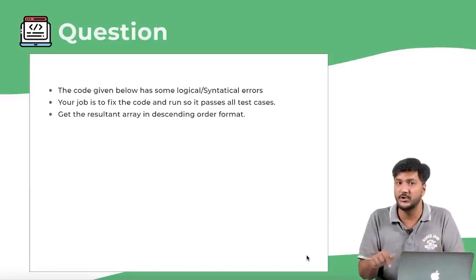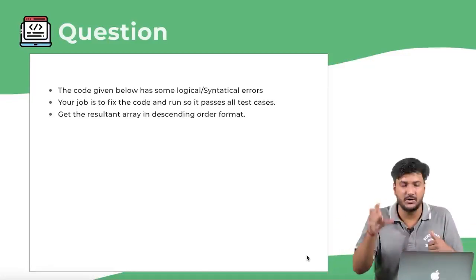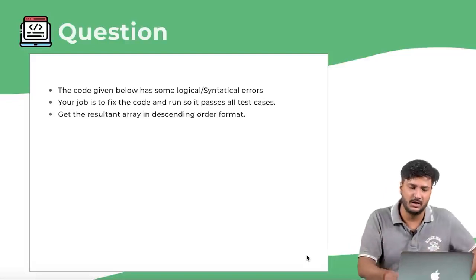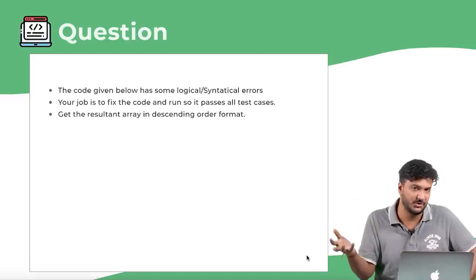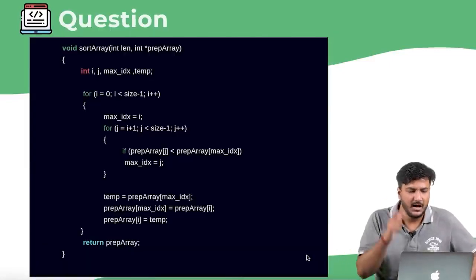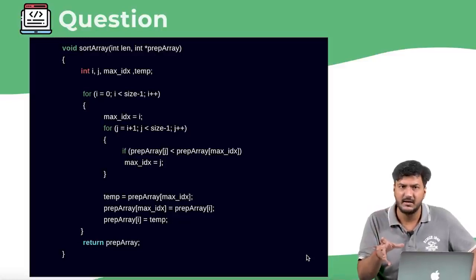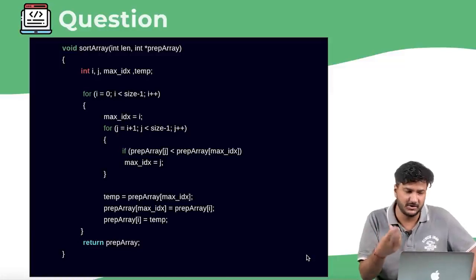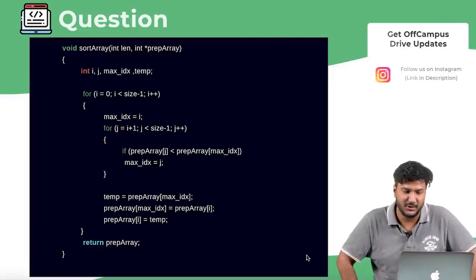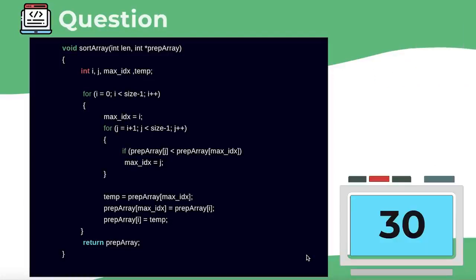So the question that I'll show you, you have to make sure that whatever array is coming inside the function, the output array is in descending order, right? So you have bubble sort, insertion sort, selection sort, right? All of them you have to apply in a descending order format. So let's begin. I'll give you approximately 30 seconds to understand what is wrong. Obviously, this is a live lecture, so you just need to figure out what is wrong in this particular case, and then I'll explain how this would be working.